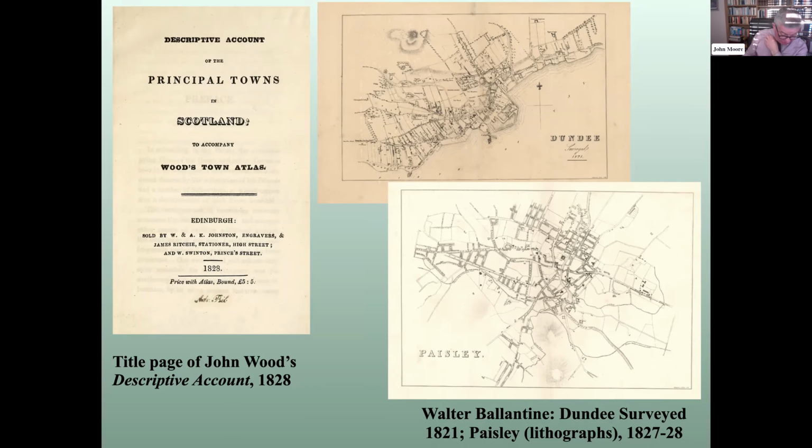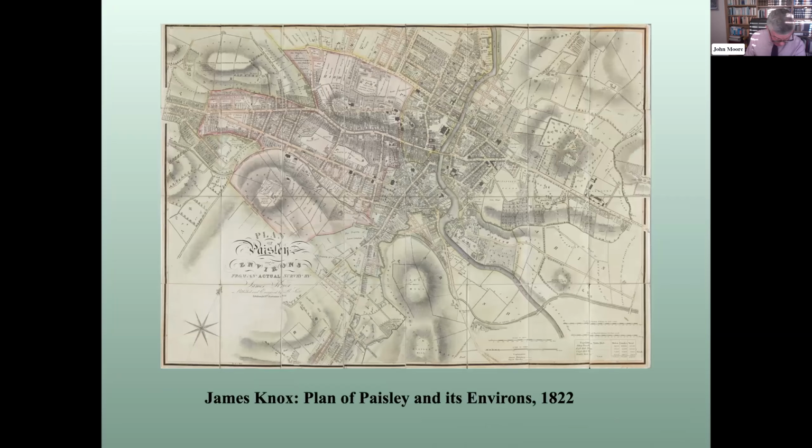Ballantyne was also responsible for this equally poor lithograph of Paisley at the bottom of my slide, similarly included in the composite atlases. This edition may reflect a rather feeble attempt to cobble together the atlas, and probably was included because this superior and meticulously detailed plan of the borough of Paisley was published by James Knox in 1822. It is significant that Wood did not put his name to either lithograph.